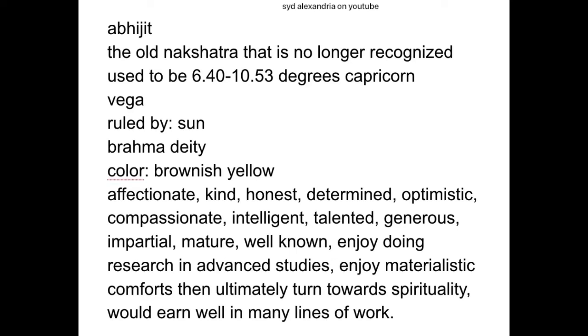Now, this nakshatra ranges from 6 degrees 40 minutes to 10 degrees 53 minutes. Not very long at all, okay, just over 4 degrees, all within the sign of Capricorn. So watch out for this if you know you have Capricorn in your chart. Check the degrees because it does say something about you if you have this nakshatra strong, or in your chart at all, really. So if you want to read more about it, you can, but I'm just going to say